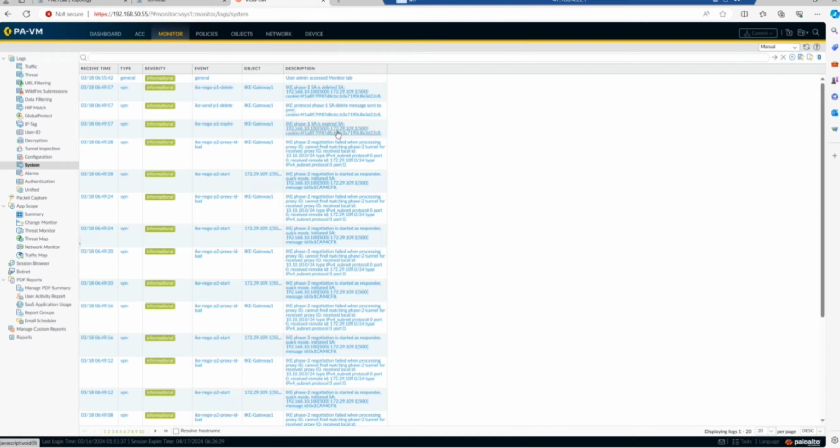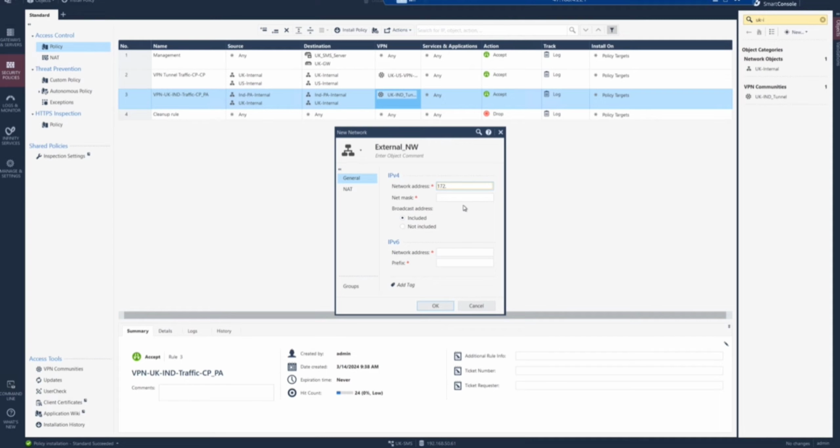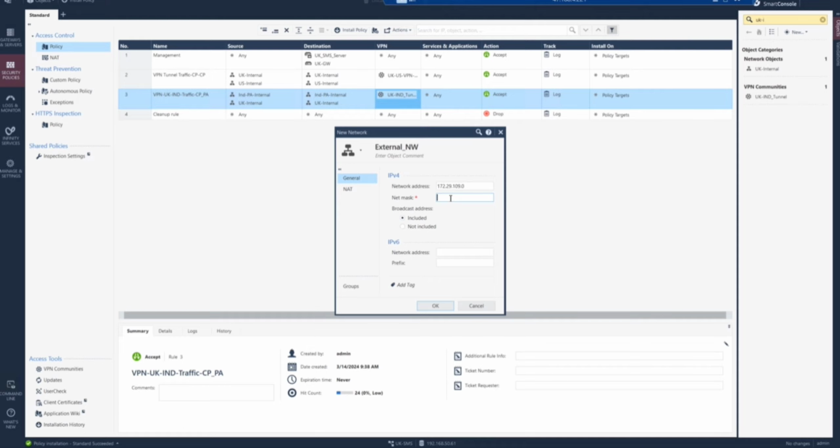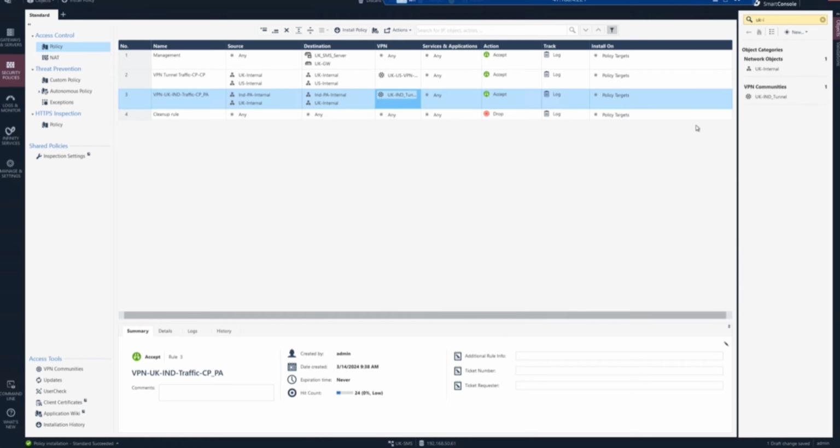It's saying 172.29.109.0. That is what my Palo is telling, right? I want to add this one, with mask 255.255.255.0. Okay, so this one is there, and for the Palo side also,